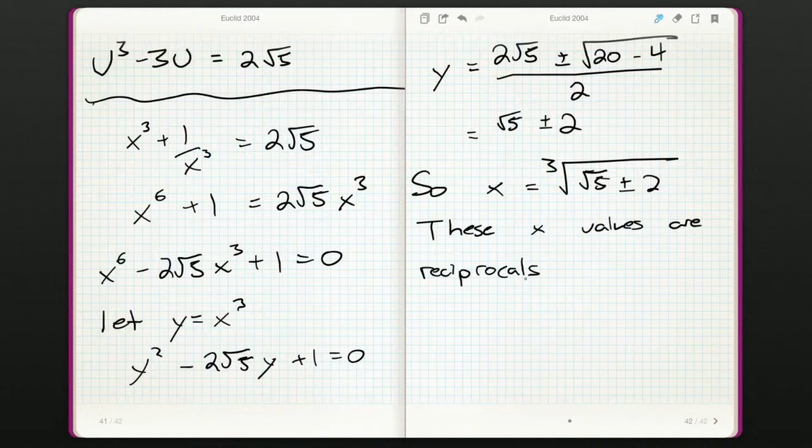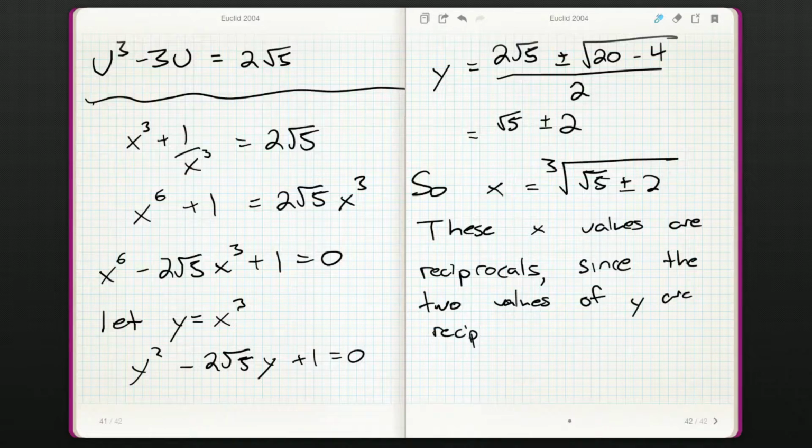Questions to think about. So they're reciprocals, since the two values of y are reciprocals. So the cube root of 1 over y is the same as 1 over the cube root of y. And we know that they are reciprocals